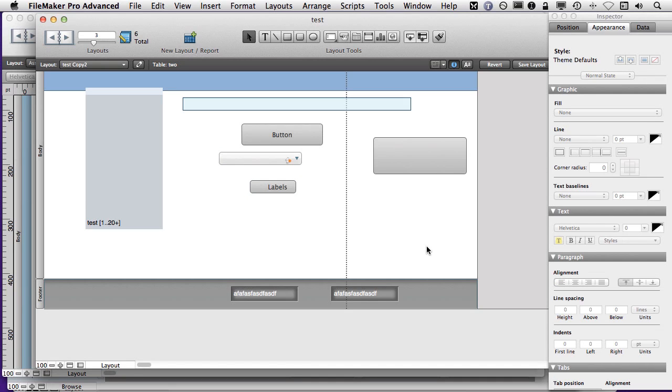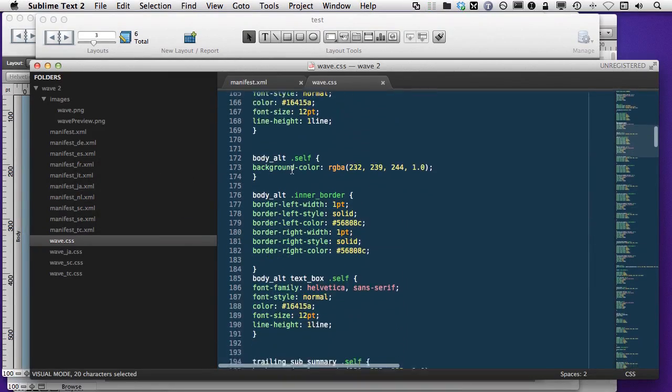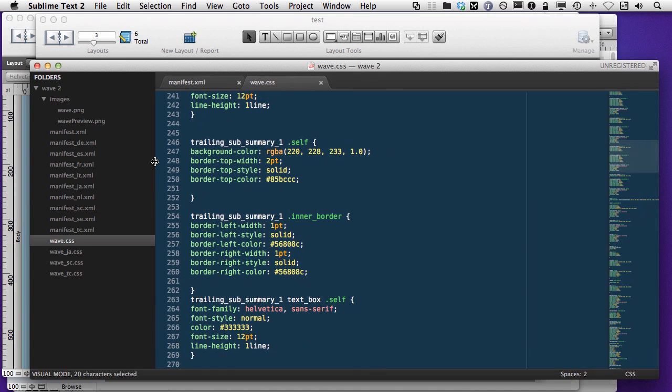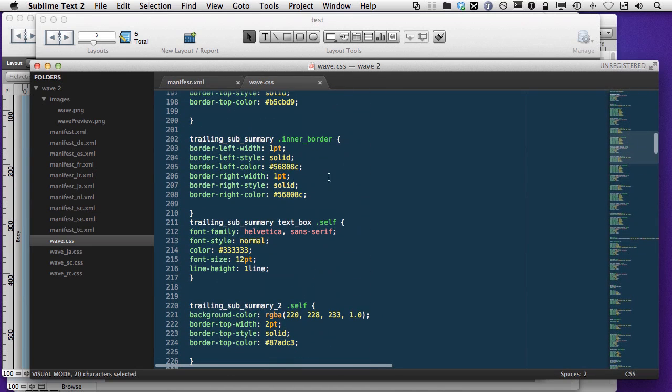All right, and this last part to wrap things up is going to be some additional tips. I'm going to leave it up to you to go through the CSS and figure out what you can control and what you have access to. But the tip that I'm going to leave you with is, if you are going to take the time to